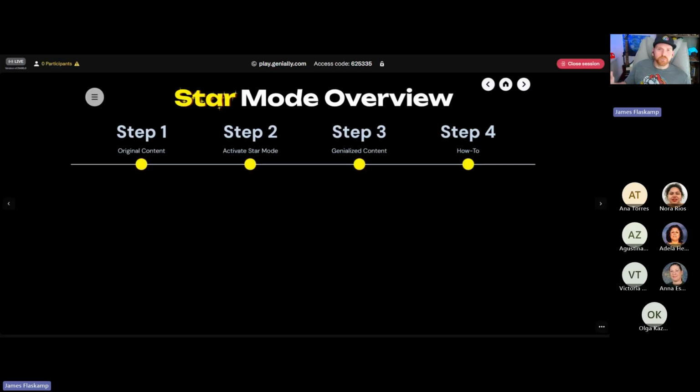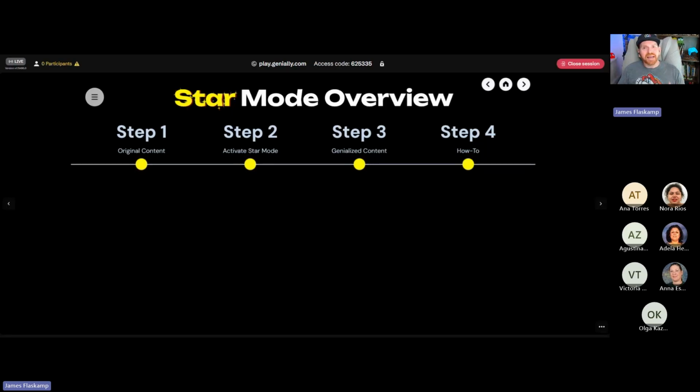So that is the overview of the tool itself. Now we can get into activating star mode, which I'm really excited about. You might notice I have my cool Mario shirt here. That wasn't a mistake. That wasn't a coincidence. It's because this is what I had in mind when putting this session together, to activate star mode in the old video game Super Mario Brothers, right? To get that star meant that you became invincible, basically, right? Mario could kind of do anything whenever he had the star.